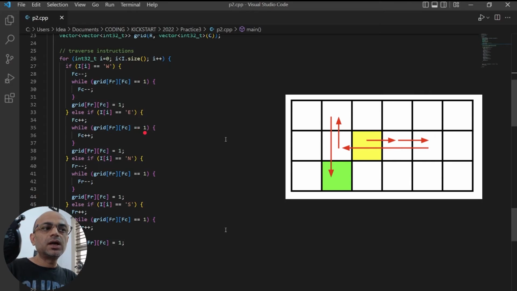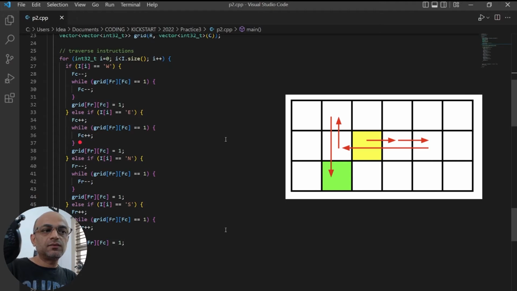So we are using a value of 1 for the grid cell indicating it has already been visited and 0 for not visited. So if it is already visited, we go still further in that direction until we get a square which is not visited, that is, it's not equal to 1.